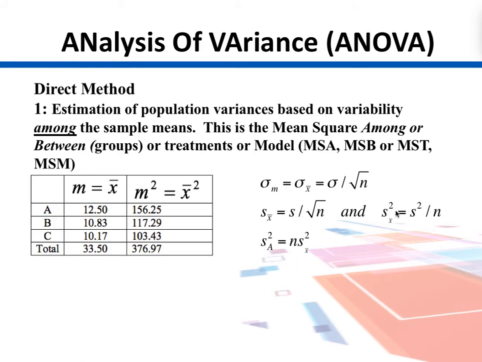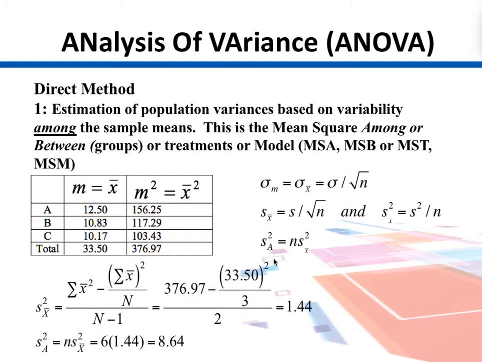So s squared A is given by n times s squared of x bar. That was the reason in the previous long method, when we multiplied by the number of replicates, we had r times the sum of those squared deviations. So this is the derivation, and this is the formula from where it was coming. So s squared A is equal to n times s squared of x bar.